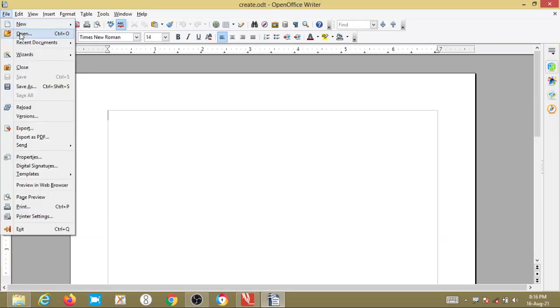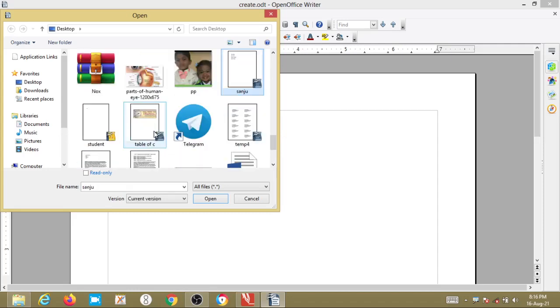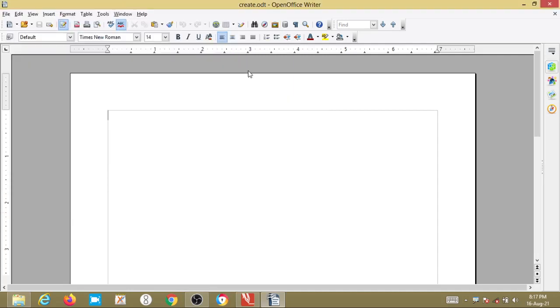Instead of that, go to File, Open, and on any one icon just single click, it will get selected. Then type the first letter S. Sanju file name starts with S, I have given S, right. So here it comes, Sanju. If there is more than one file, you can search for a particular file. Suppose Sanju, Sham, names starting with S, if you keep pressing S, it will move from one file to another. Whichever file you want to open, you can open it. Sanju is here, then double click on it, it will get opened.